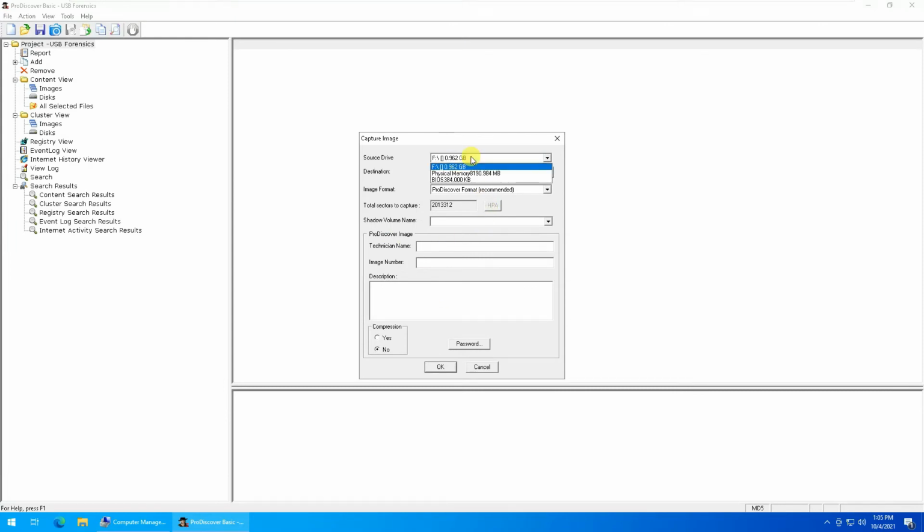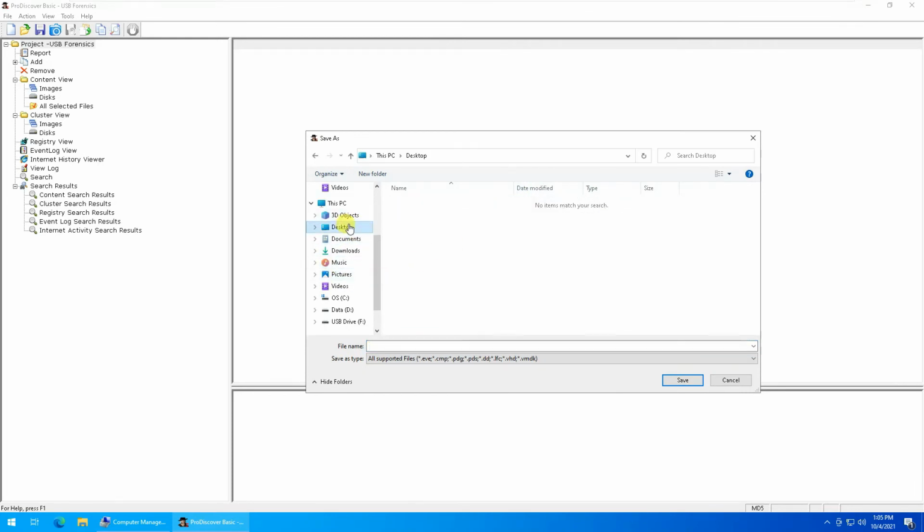It would ask which partition you would like to create an image of. First of all, the memory, BIOS, or the source drive of 1 GB. Since that's the one which is appearing over here, we'll select it, and then we'll select the destination as the local path, and I'll create a folder on the desktop for ProDiscover Basic, and we'll call it USB image.